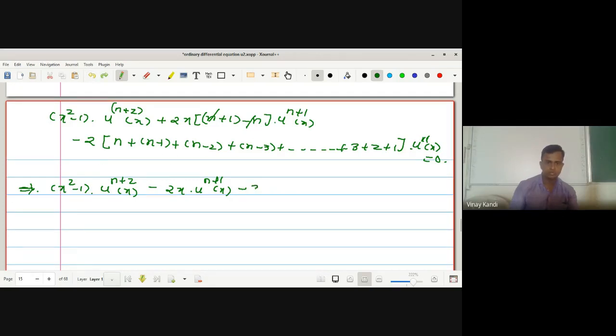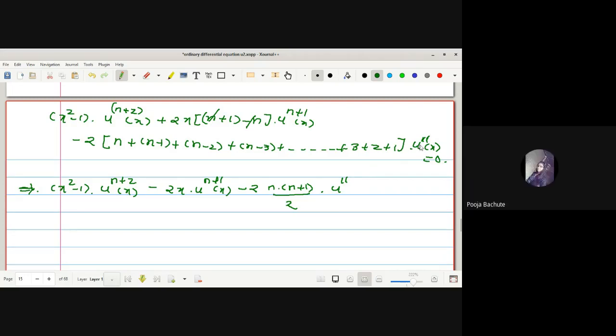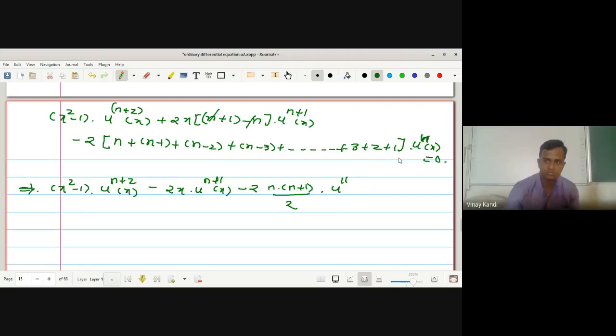Minus 2. The addition of the first n terms is n into n plus 1 upon 2. Okay? Into u double dash of, wait a minute. Shouldn't u of n come there? It should, sir. It should be n. Sorry. Is equal to 0. So these two get cancelled. Okay, which implies